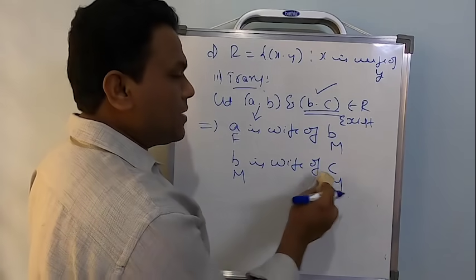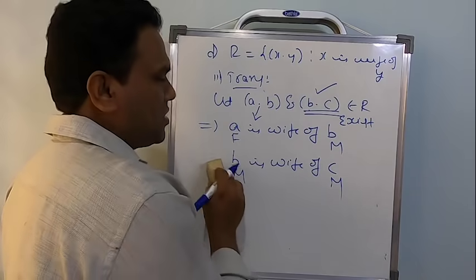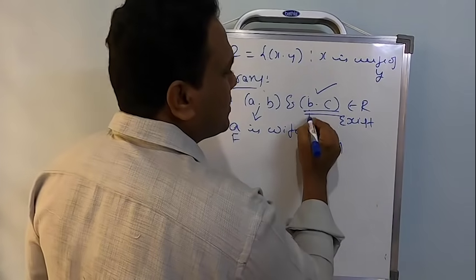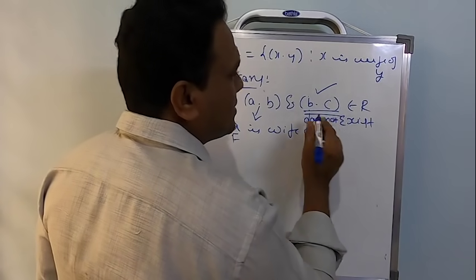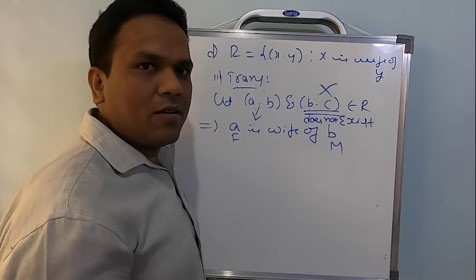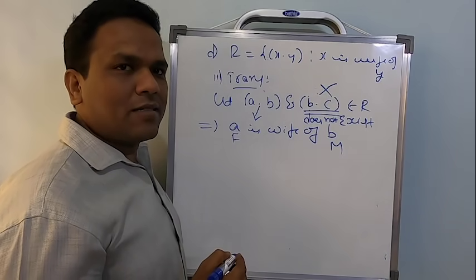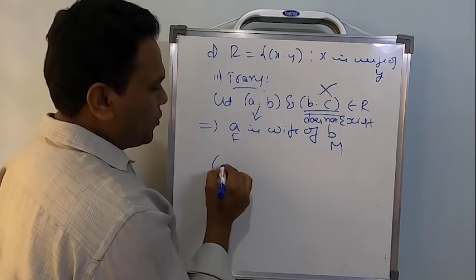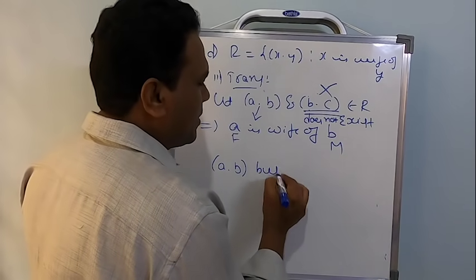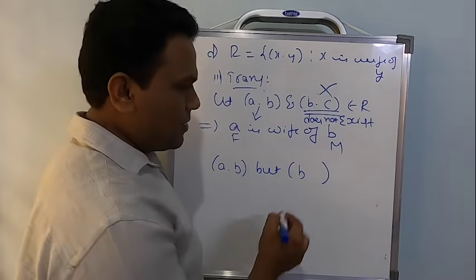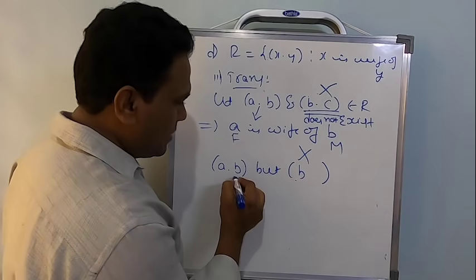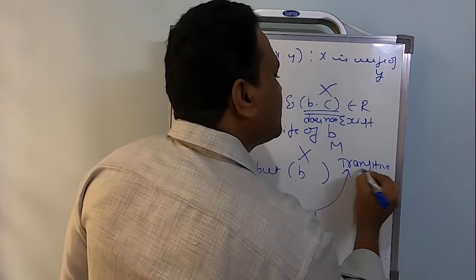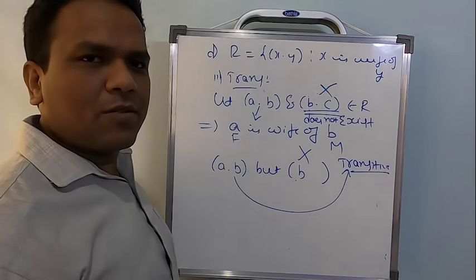But is it possible to say B is wife of C? This does not exist at all. Right, so the meaning is this does not exist. So what is that I said when discussing transitive and even in the revision in the beginning of today's class? If you have A comma B, but there is no ordered pair starting with B, this does not exist at all, then this itself will satisfy transitive. Don't get confused. This example is quite simple.